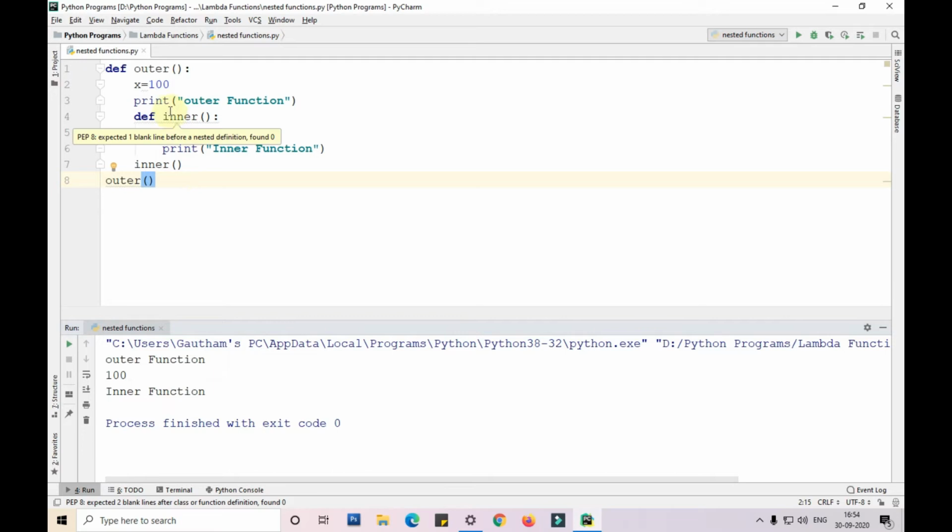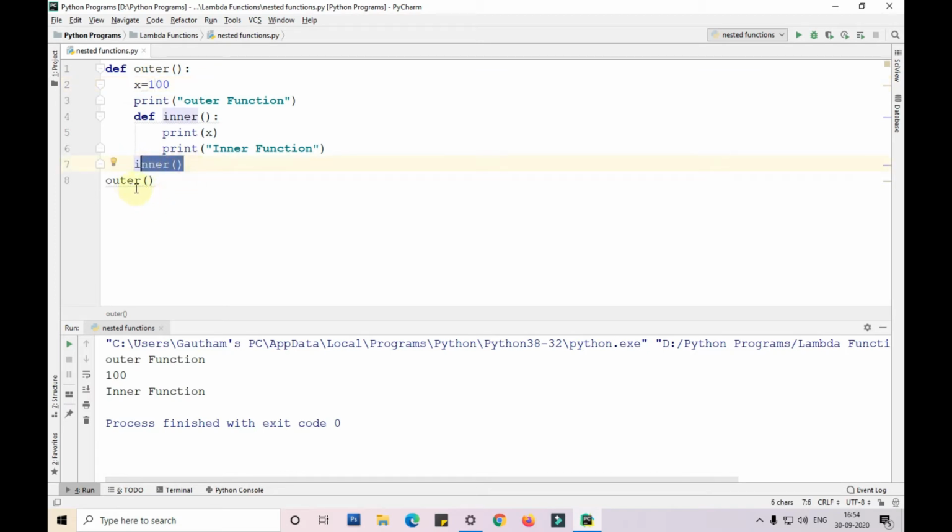So we can see, guys, it is printing x as 100, because the scope of the local variable is from the declaration of that particular variable till the function ends. So our function is ending here, so this variable can be used by the inner function as well. Okay.